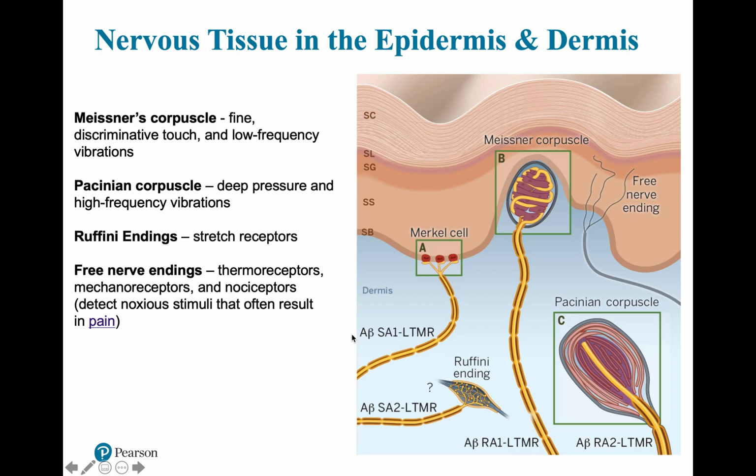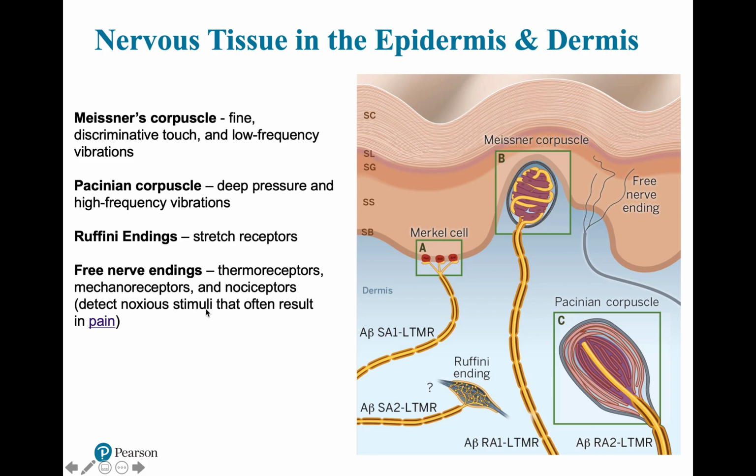Free nerve endings will have a variety of different types of receptors on them, like thermoreceptors that will be able to detect extreme hot and cold, mechanoreceptors that can be sensitive to stretch and mechanical friction and abrasion of the skin, and then nociceptors,